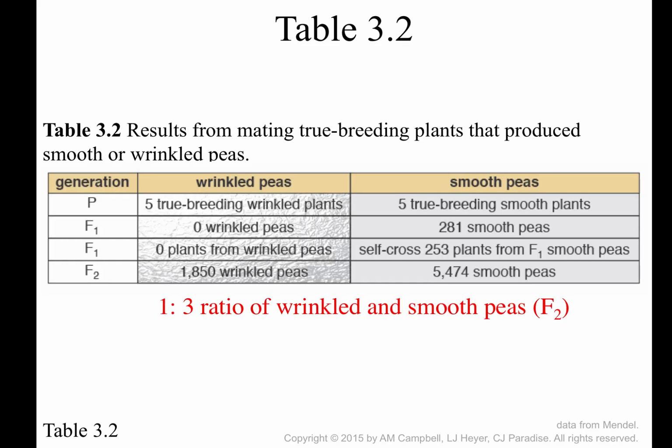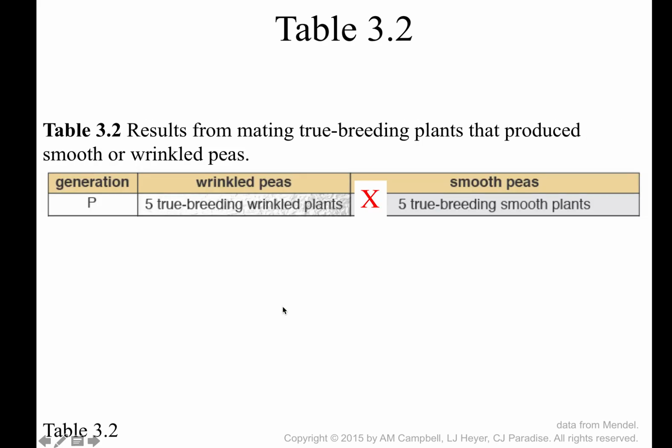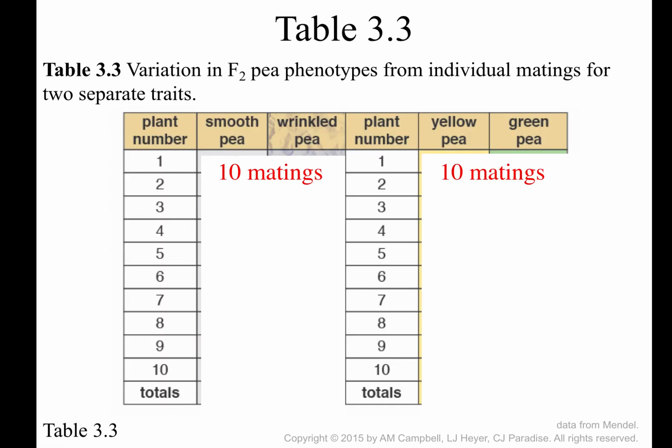However, if you notice on these tables, that's a lot of peas. 5,000, 1,850. If we go back here, 6,000, 2,000. Those are pretty big numbers. What if your numbers are not so big? So in 10 different matings, if we look at some of Mendel's data,